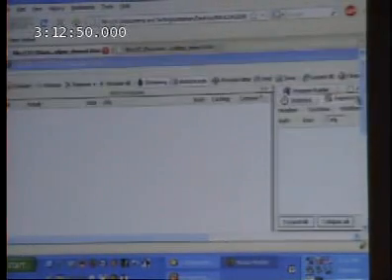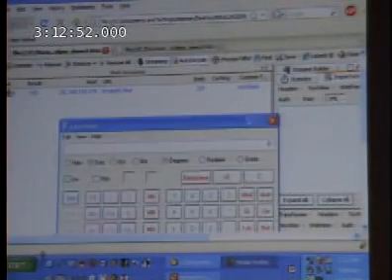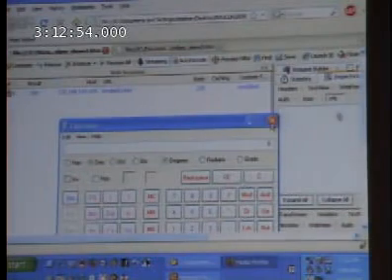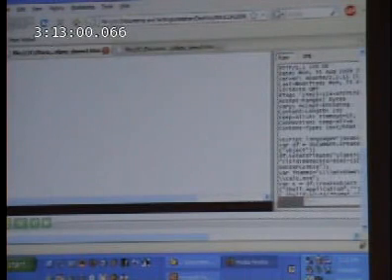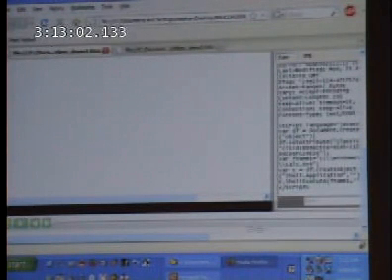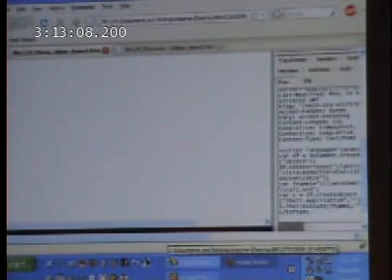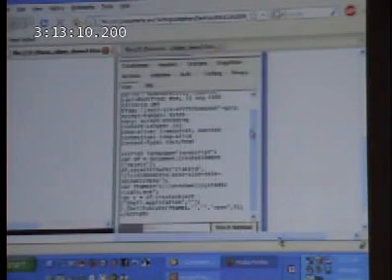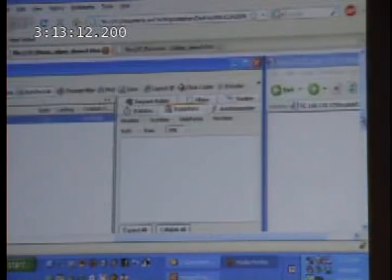So let's see if we can get. All right, hang on. All right, so the display, let's see what the display looks like on screen. All right, well, so what happened is that on